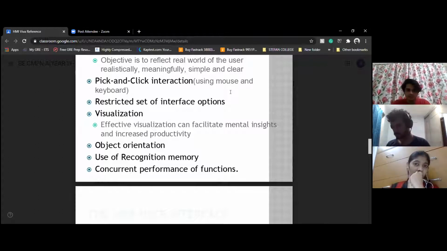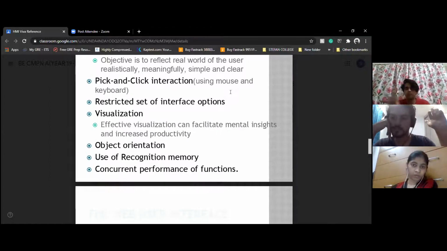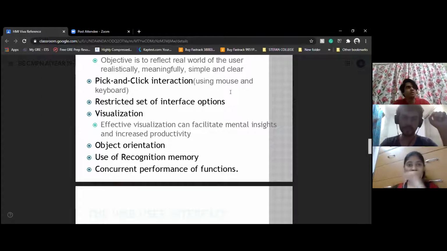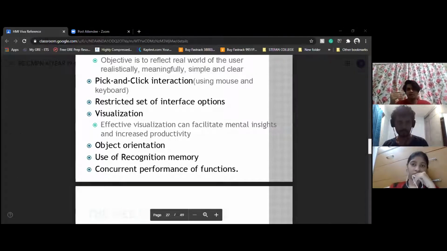Yeah, basically, a restricted set of interface options, compared to a web app. An offline GUI app will not have as many options to go to different other places, like connectivity. Like with Google, you can search for anything, right? You type something and click search, and there are endless, unlimited options and directions to go to, whereas a normal app